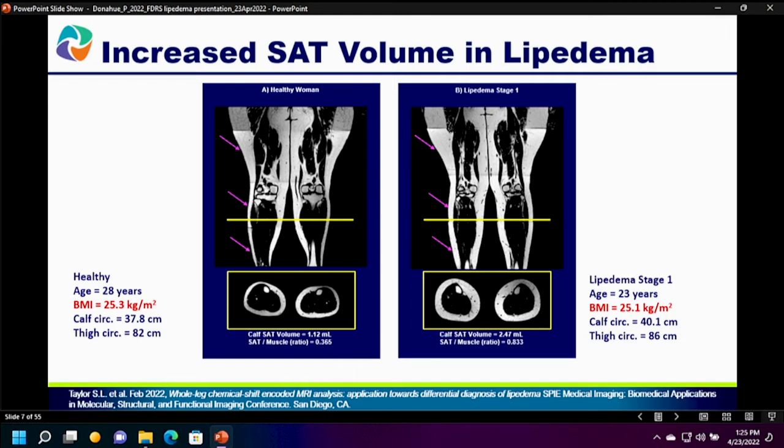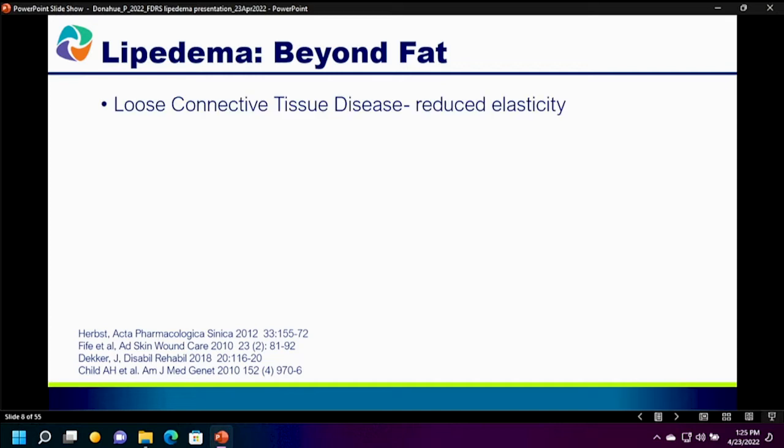And then to either side, you might be able to see a little bit of their features, their age and their BMI. And the part that I wanted to hone in on is that we're looking at 2 patients where their BMIs are on the lower side. Lipedema